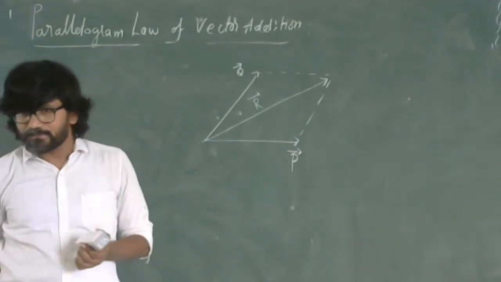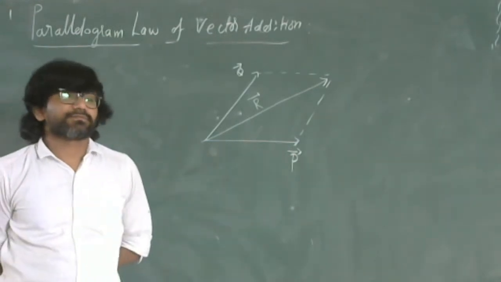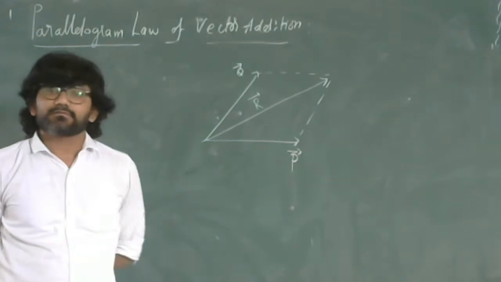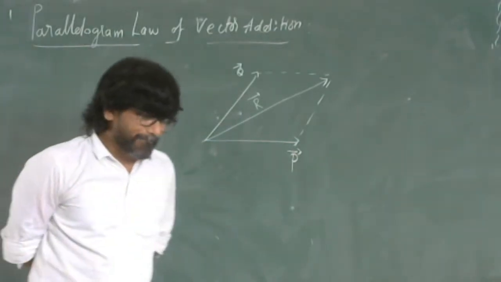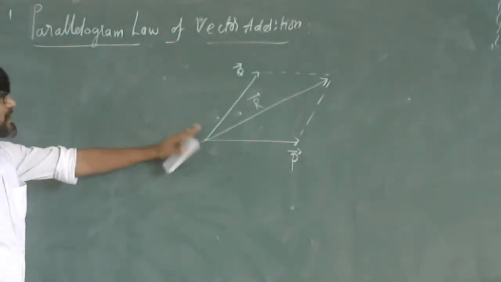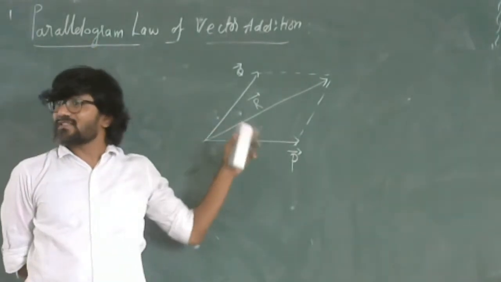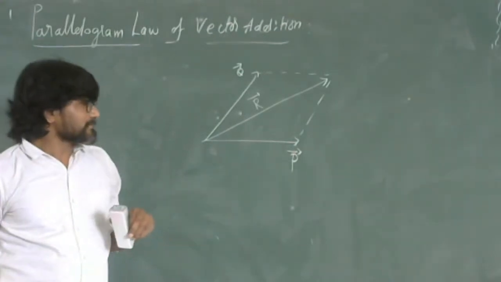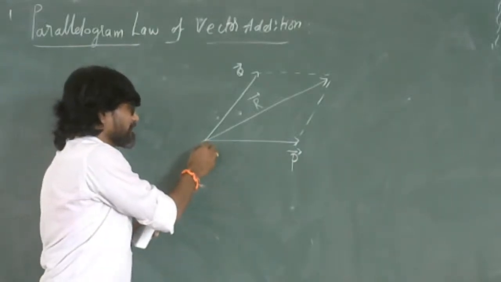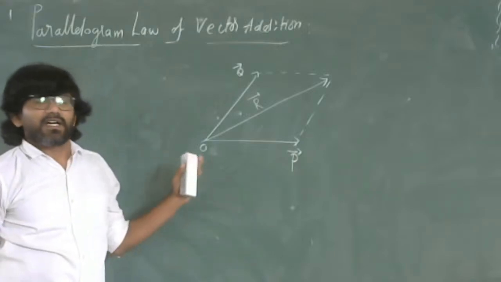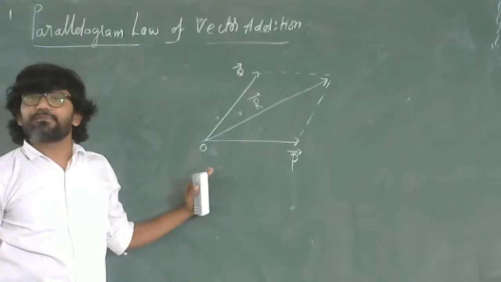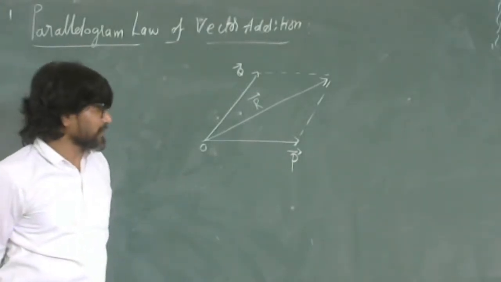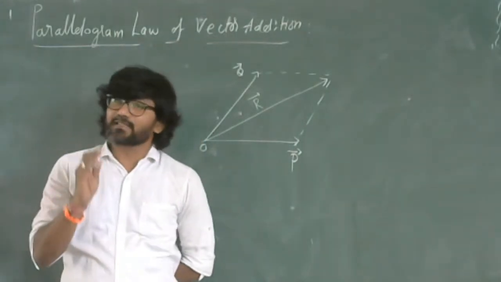Write down: if two adjacent sides of a parallelogram are represented by two concurrent vectors, both in magnitude and direction,